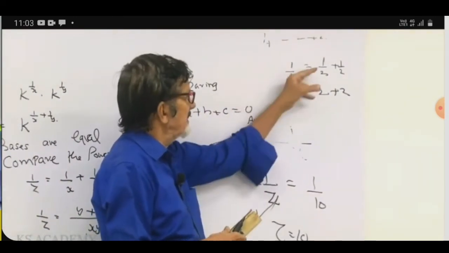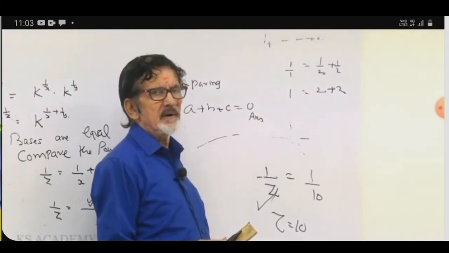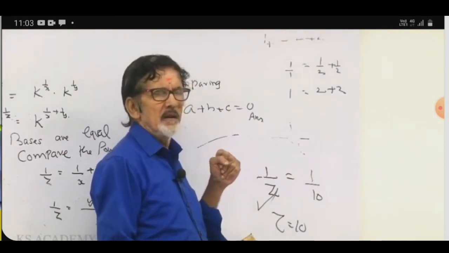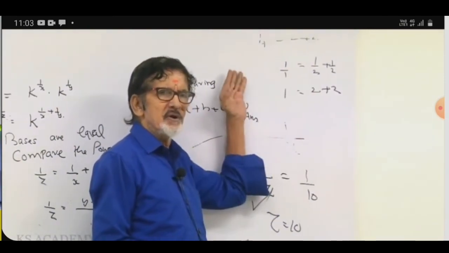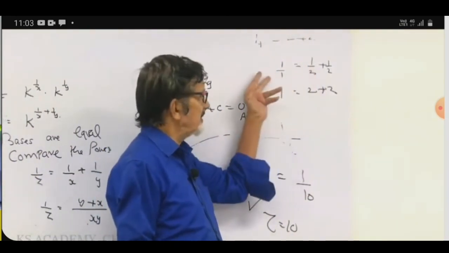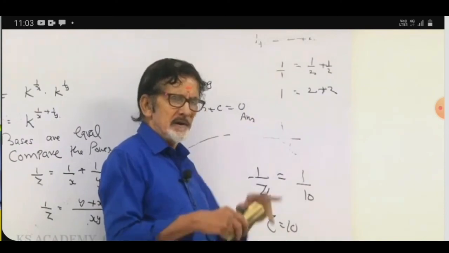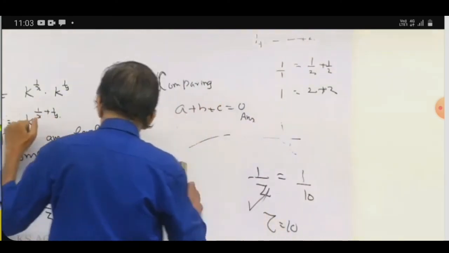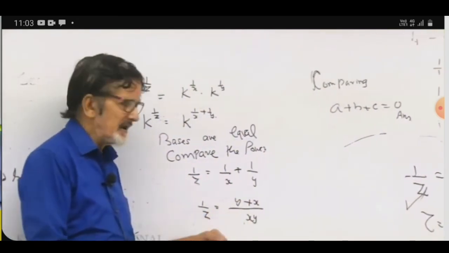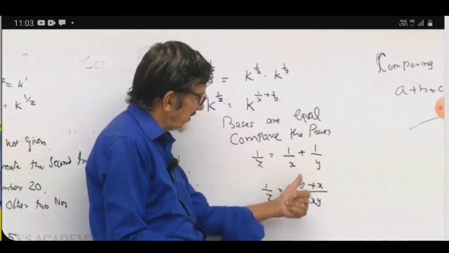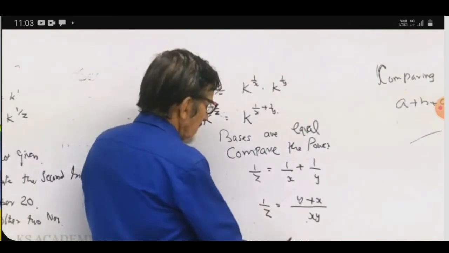Sir, I am inverting here. Wrong. This type of inversion is not permitted. If you do it, you are doing it wrongly. Inversion is permitted only for a single fraction. Sir, here double, here also double? No, not allowed. Two fractions, not allowed. It is allowed when left is single and right is single. That is the reason one fraction and two fractions are made into a single fraction. Left hand side single fraction, right hand side single fraction. You can invert. Now invert.